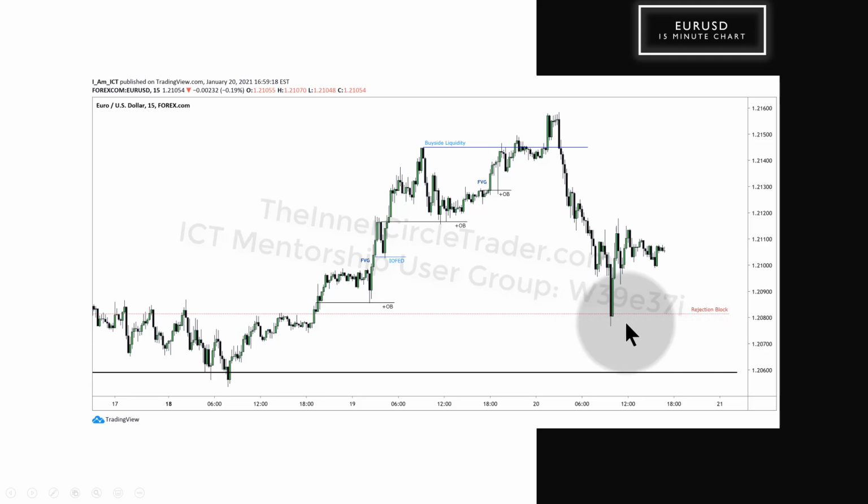So again, you can see the sensitivity at that rejection block. I don't know. Gun to my head, I'd have to say, okay, I'm going to stay with my idea of a lower Euro and higher run into the premium for the dollar. I'd have to take the consequences of being wrong if that's the case. I'm going to side with my analysis there, but just know that there's nothing here that I could frame a trade on. It would be just something that would be like, oh well, it went where I thought it was going to go,